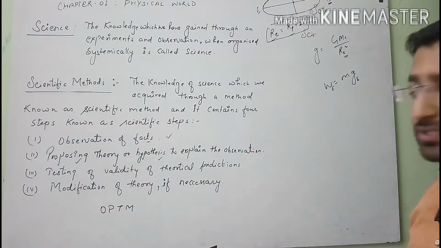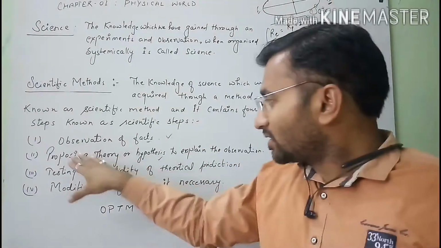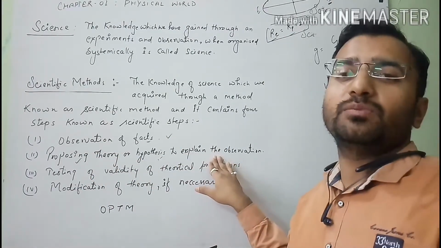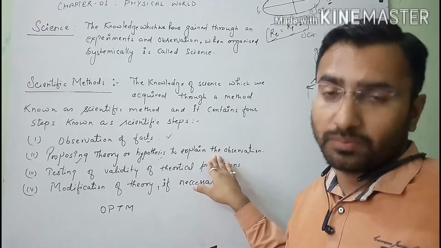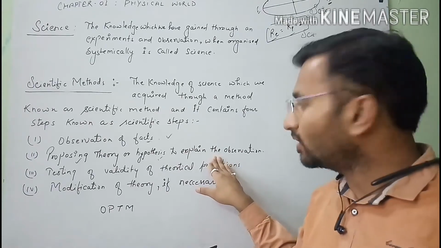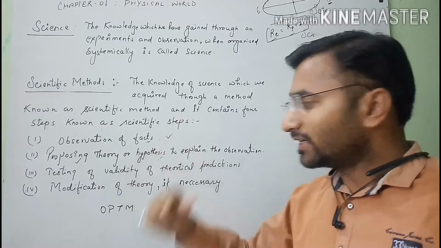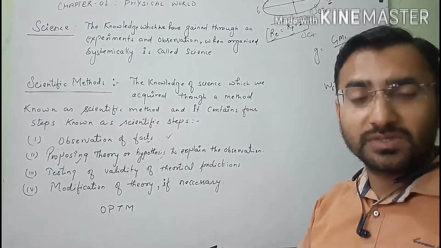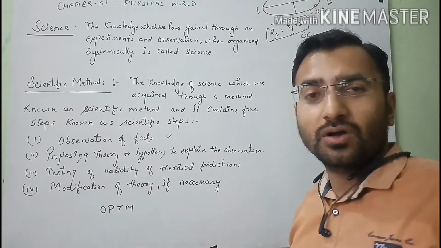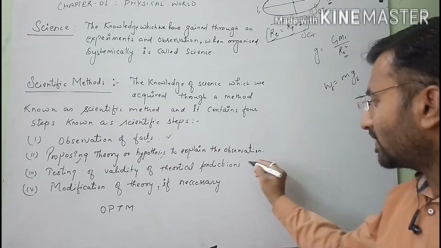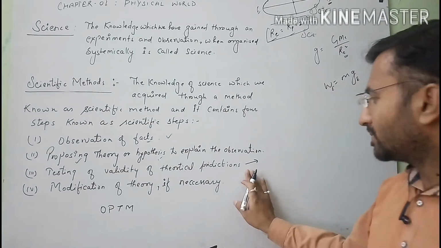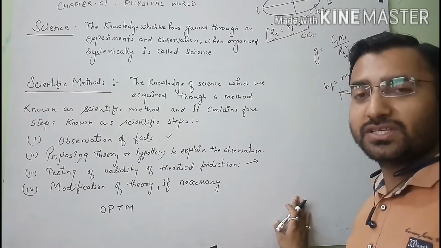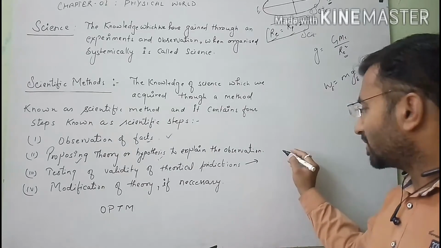Clear, student? So the observation, or you can say the hypothesis, is that the value of g changes when we move from equator to pole. And for that we need a testing of validity. Am I saying correct or not? So for this validity, I will use Newton's gravitational formula,